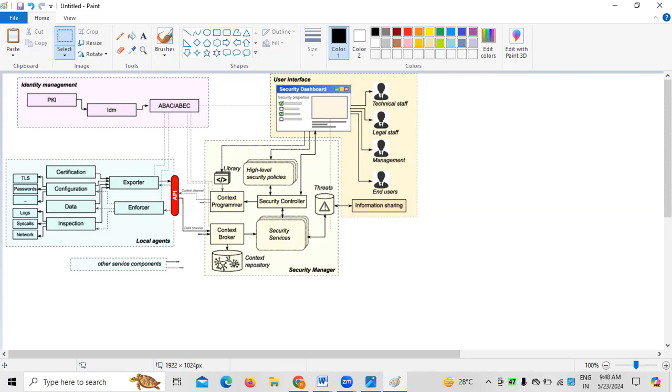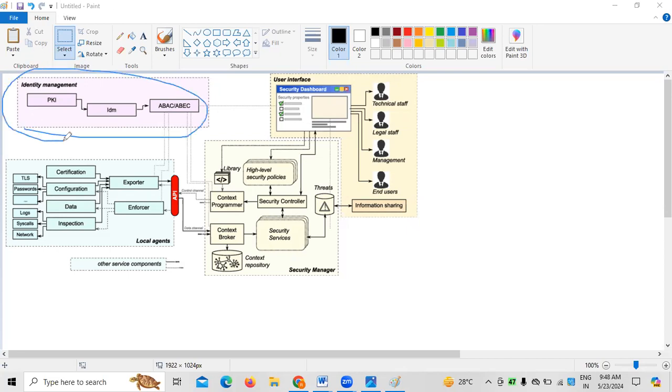This is where cyber security generally comes into the picture. In reference to cyber security, this is what a cyber security reference architecture is all about, wherein